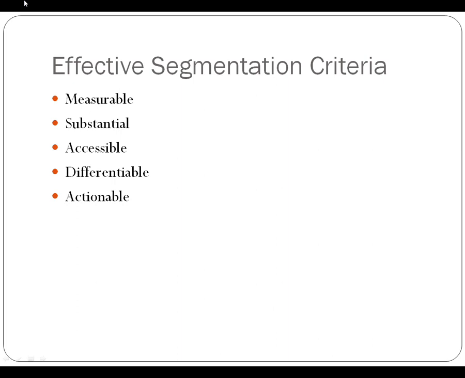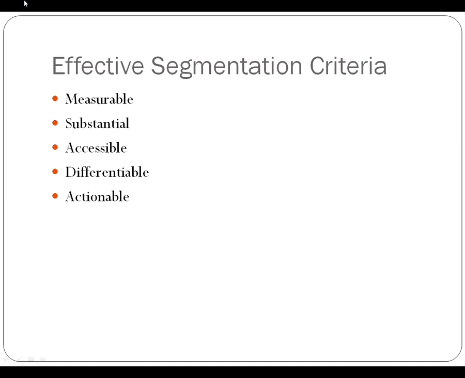So, this process of creating these segments, these groups of individuals with the same characteristics, in order for us to consider those segments viable or effective, part of an effective segmentation process, they have to be 5 things. They have to be measurable, substantial, accessible, differentiable, actionable. Measurable. You have to be able to measure within each segment what that particular variable is. So income. If you don't know people's income levels, you can't segment based on income.